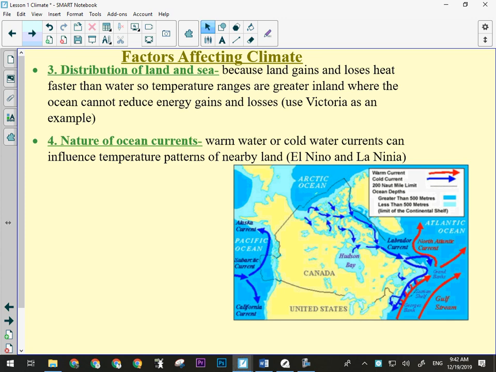Okay, it's why coastal areas typically have more mild climates, okay, than do continental areas. But obviously there are exceptions to that. Okay, if you've ever spent any part of the winter on the east coast, it can be very, very cold. Okay, it all depends on the nature of the ocean currents. Are they bringing water from the Arctic Ocean, or are they bringing it from the Pacific Ocean? Okay, it makes a difference where your water's coming from.